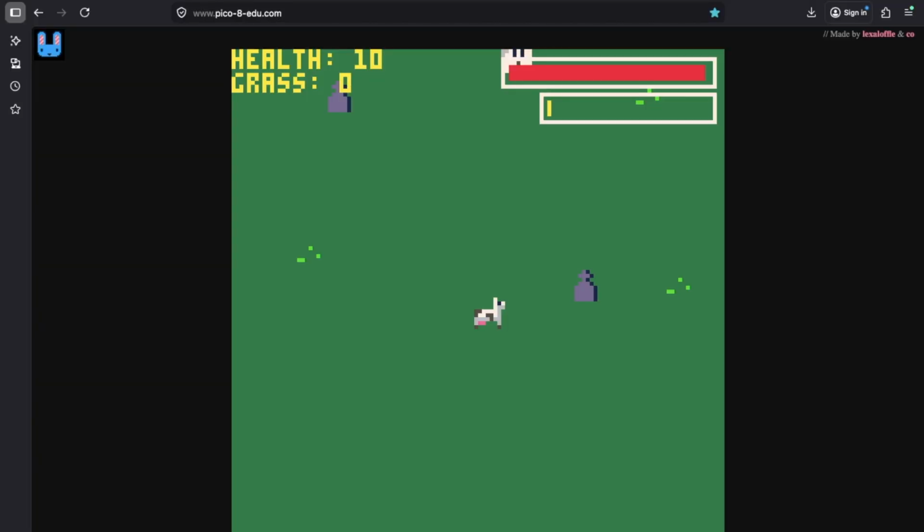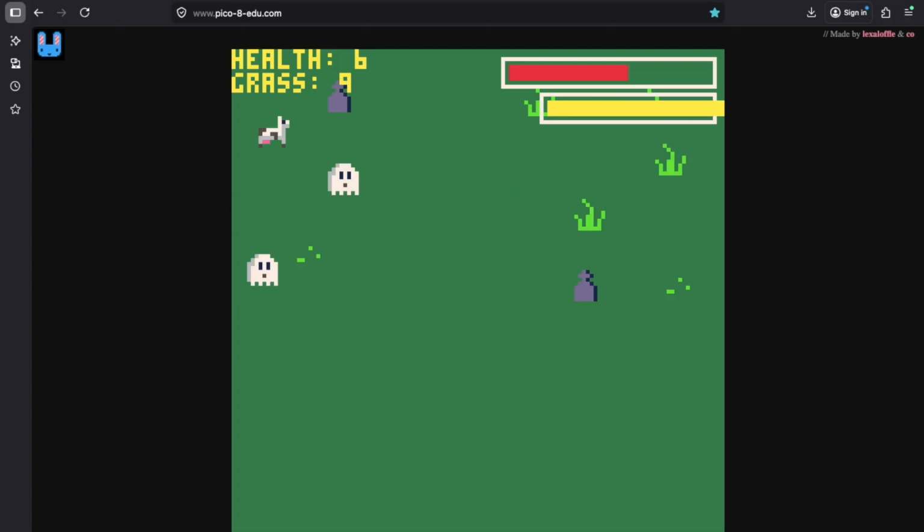And now I will show you the updates to my game that I just did. Okay, so all I've done so far is just added these health bars and stuff up top, and they actually work, which is super impressive. Like if I get hit by a ghost, boom, health bar goes down, and if I eat this grass, the grass bar will go up. So yes, very basic things. The functionality of it is way better, and also I'm getting better at playing the game. Since I've demoed it so much, I'm low-key getting good.